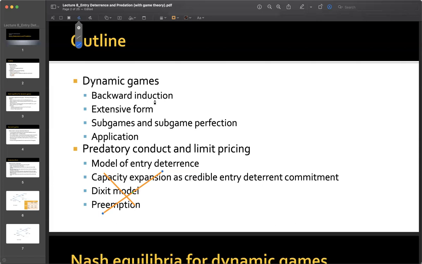Okay. So in future, if we had a little bit more time, like another lecture meeting, we could talk about any of these things which can really delve into some more detailed industry oligopoly level models of predatory conduct and limit pricing. But having said that, dito muna tayo sa dynamic games, which totally incorporates yung credibility ng threat. So yun yung hahanapin mong lesson ngayon. Yung credibility ng threat, which will mean that entry will be deterred because the threat is credible. Okay. As opposed to what happened last week, wherein you might think that it's not really that credible.